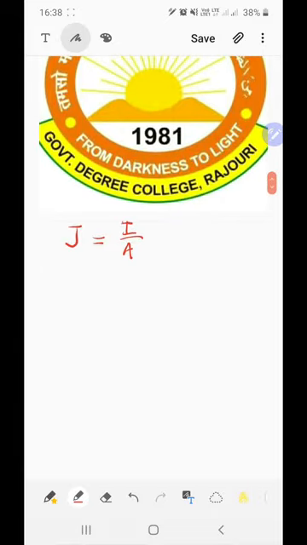In this particular proof, I'll be using the term sigma, which is the electrical conductivity of a given conductor,